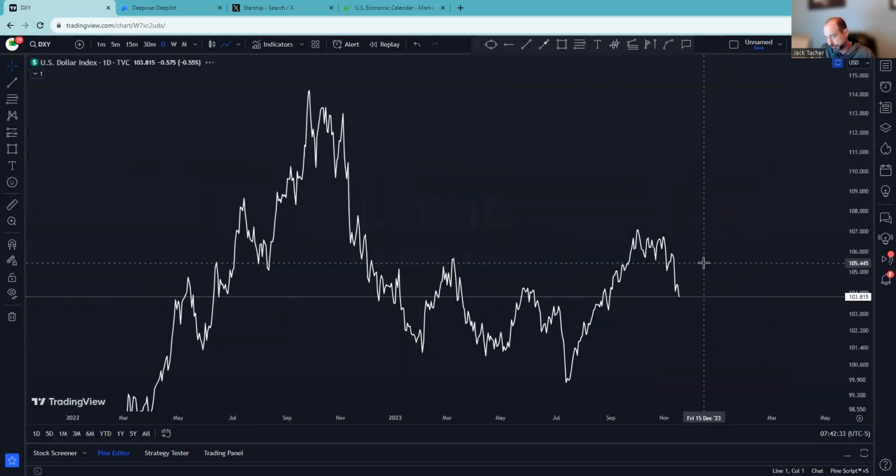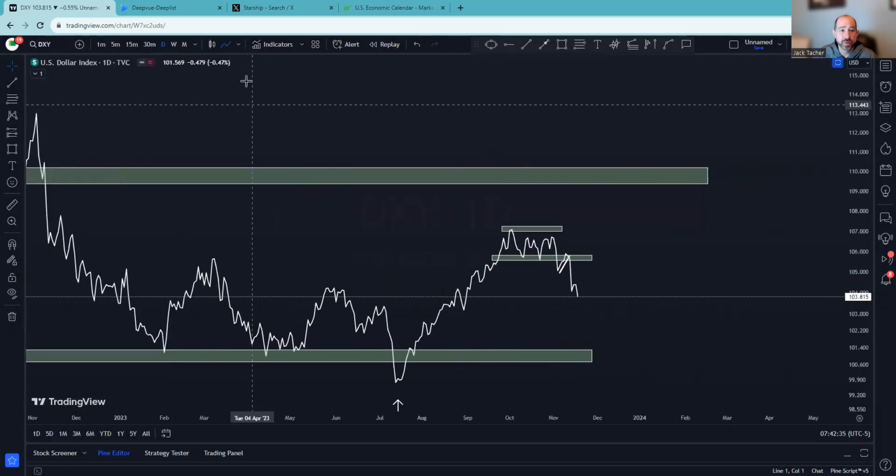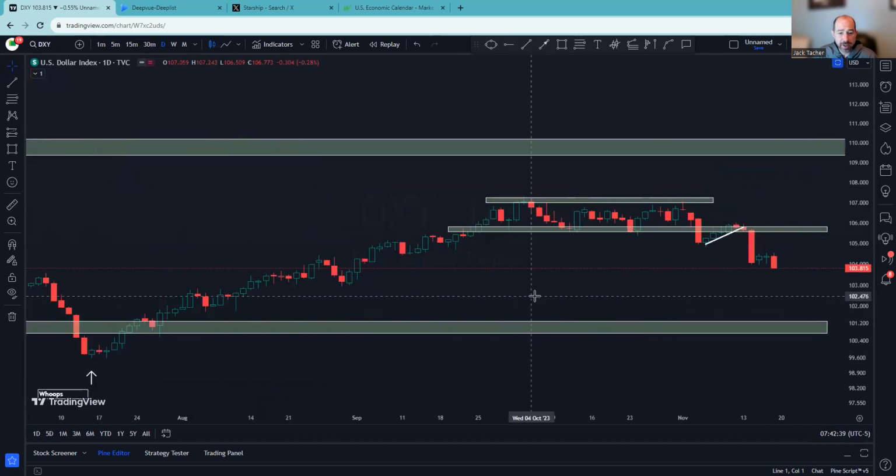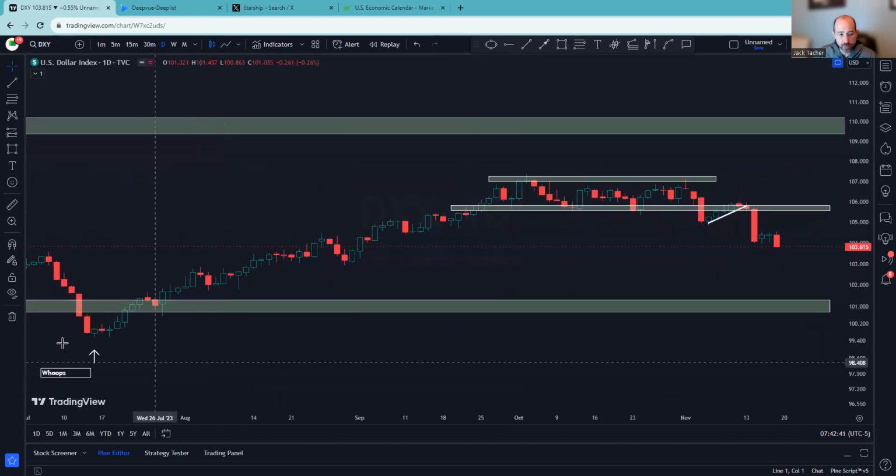The dollar continues to fall. Let's go back to a bar chart here. So we had the whoopsie breakdown, strong move higher. This was a very tough time in the market. Then we had this consolidation. It should have moved higher. It didn't, right? This was the sign to get long right there, a signal, little snapback, and then boom